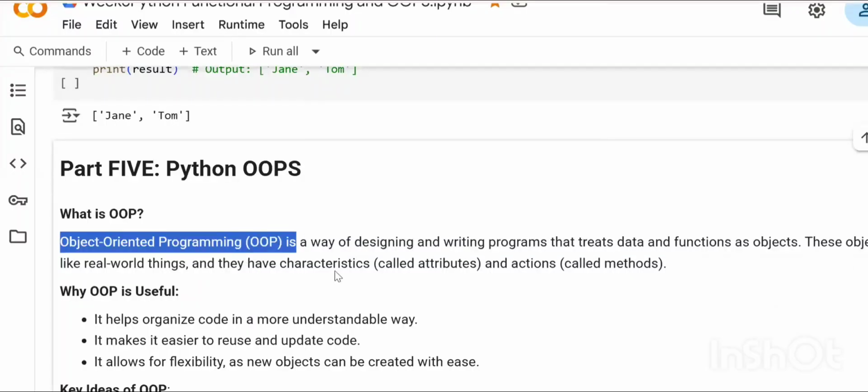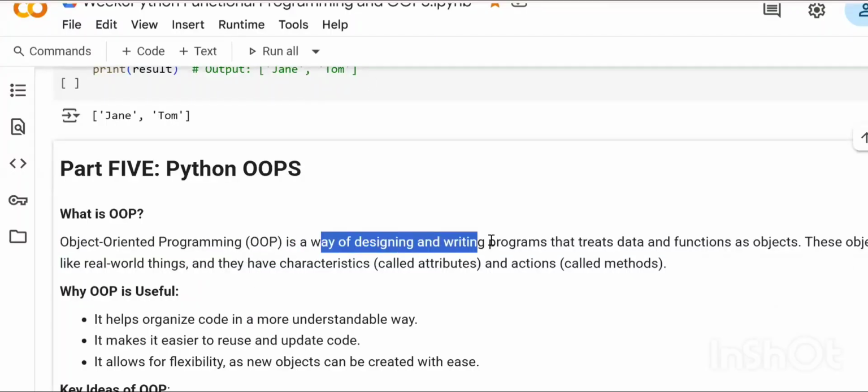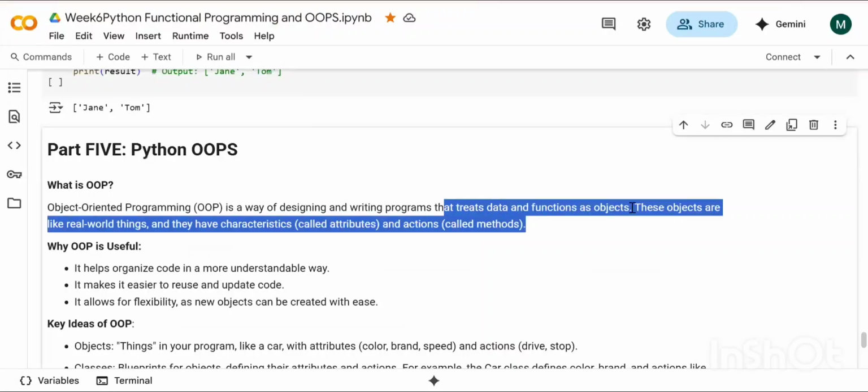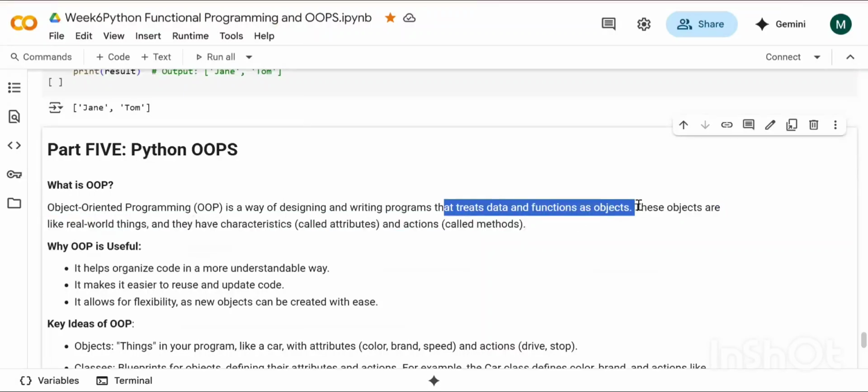Object-oriented programming, OOPs, is a way of designing and writing programs that treats data and functions as objects.